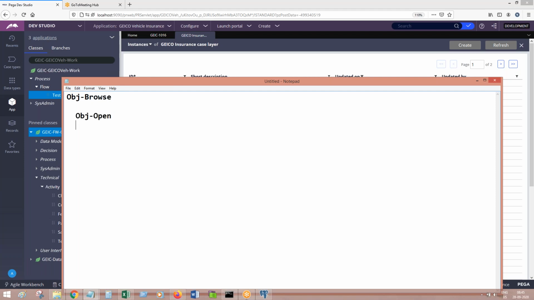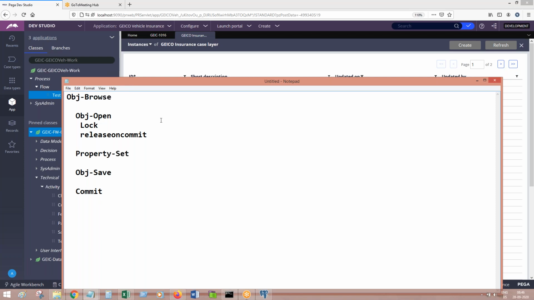After open, is a lock done or not? Yes. Lock, and then release on commit. After commit it will be released, right? Next, after OBJ open, what is the next method? Property set. What is the next method? OBJ save and then commit.